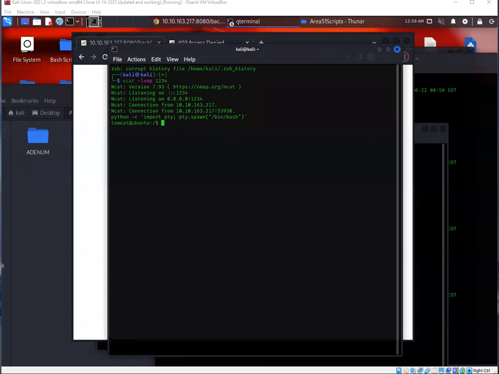Which is why I'm not relying on Meterpreter, or trying not to rely too much on Metasploit. So, all